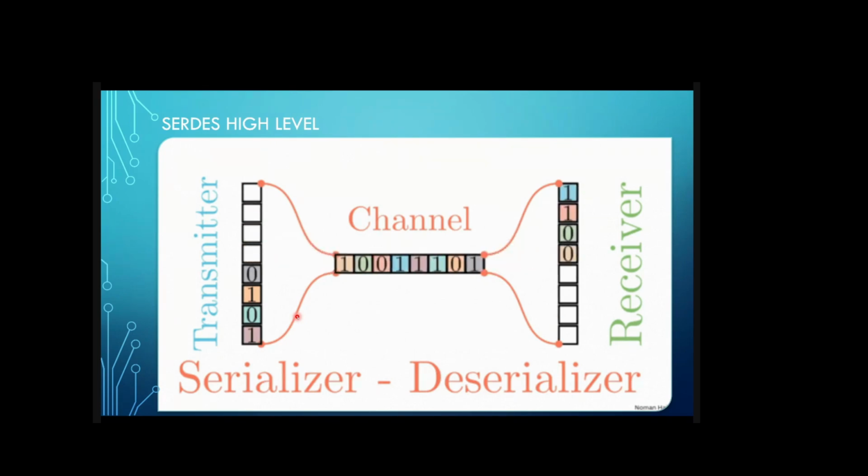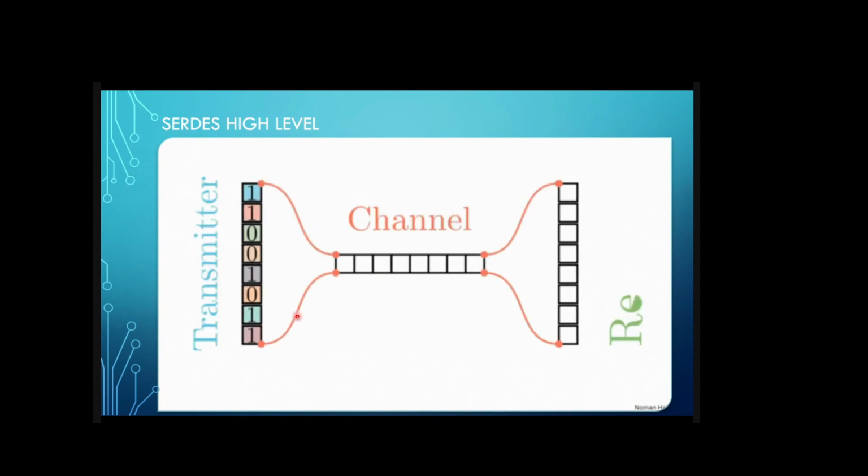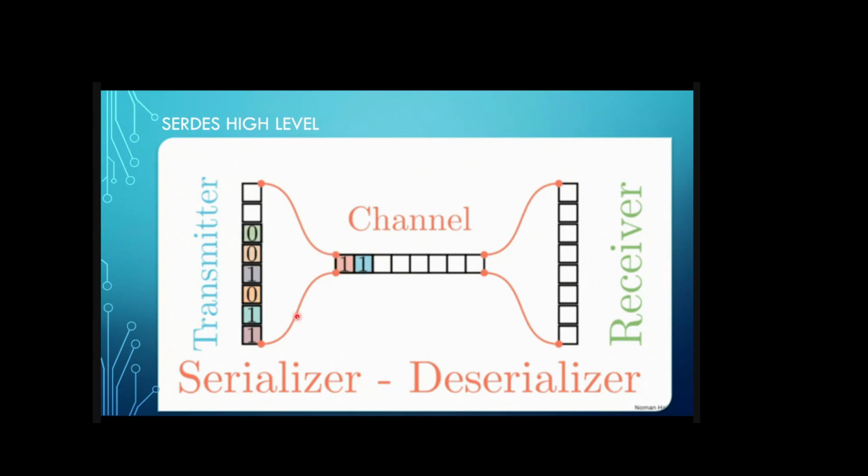Think about it: you're going to send data from Pakistan all the way to North America, and it usually goes through an optical fiber cable going underwater, under ocean cables there. You cannot have too many cables. You can have only one cable. You want to have one cable to send all the data. So that's a very good example of why you want to send one bit at a time, such that it can be very high, fast speed, but you are not increasing too much cost to the system as well. Okay, that's the overall view of SerDes.